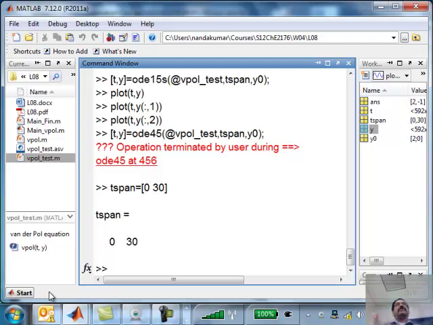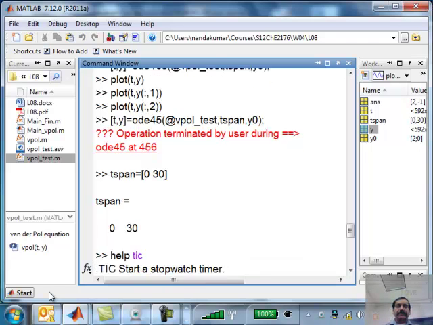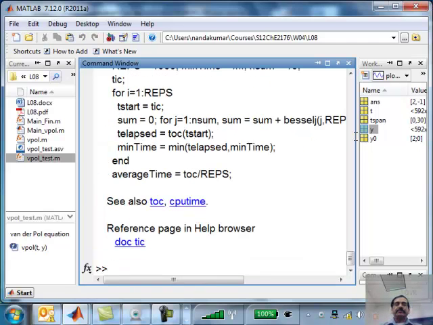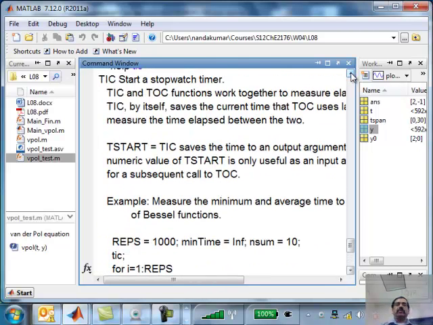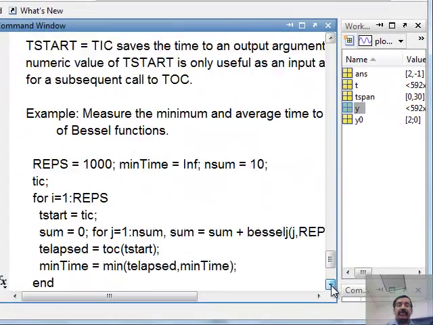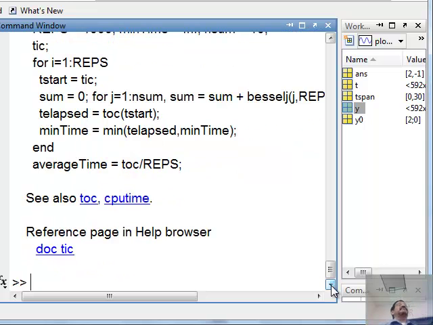Now the tic and toc functions work like this. You can ask for help on tic. They tell you what the functions do. It's basically a tool for measuring the time taken by any particular algorithm. The tic function marks the current time, and taking that information, the toc function says how long it took, the elapsed time.